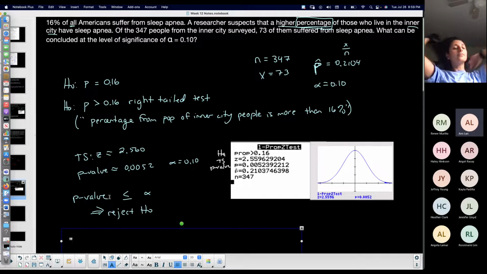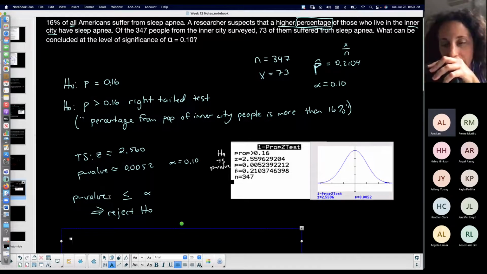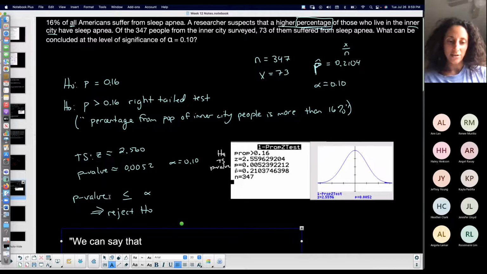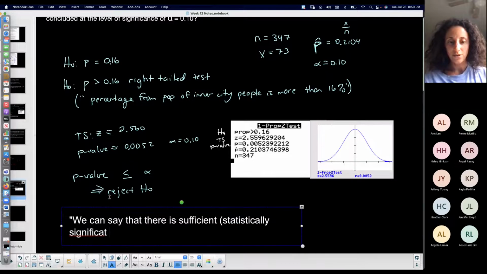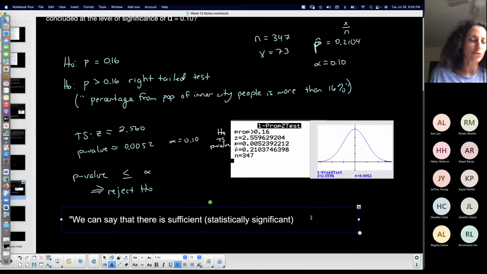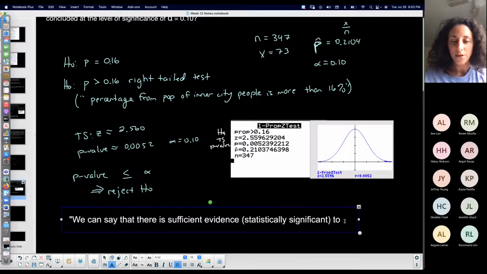So the inner city people, the incidence of sleep apnea is higher than 16%? Yep. Statistically speaking, we can say that there is sufficient evidence, or we can support. So it's statistically significant to say, right? Because we can't conclude. You're going to hear statisticians talk like a lot of BS is happening, because we're not really stating anything completely true, since there's potential of error. But we said that there is sufficient evidence, or it's statistically significant to support what she just said,